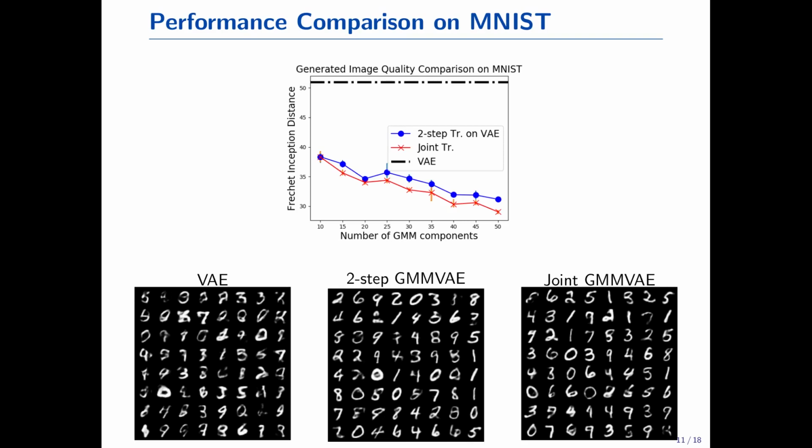And at this point, you might be wondering what is the performance difference between GMM-VAE trained with 2-step and joint training. So we compare the performance in terms of Fréchet Inception Distance on MNIST and CelebA, as we will show in the next slide. So we see that although the performance of the joint training is a little bit better than that of 2-step training, the difference between these 2 approaches is actually much smaller than the performance improvement we get with 2-step training when we incorporate the Gaussian prior.